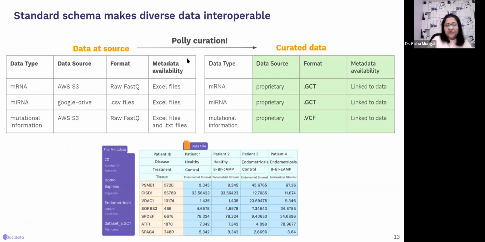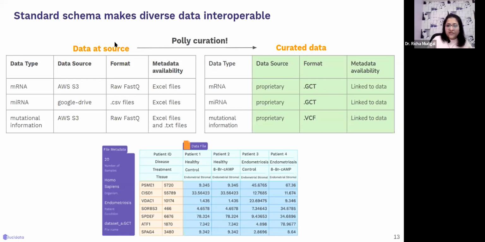Also important to note is that the metadata associated with each study, which defines what samples were used and what conditions, such as the different treatment or tissue used, as you can see in the figure below, was separate from the data in another Excel file. This itself leads to a lot of problems when one wants to integrate. It takes a lot of back and forth, and collaboration between teams becomes cumbersome, as they have to understand where the actual data is, where the metadata is, and how it applies to them. Also, the formats in which they were available may not have been processed through standard pipelines; they were just raw files sitting on their S3 buckets.